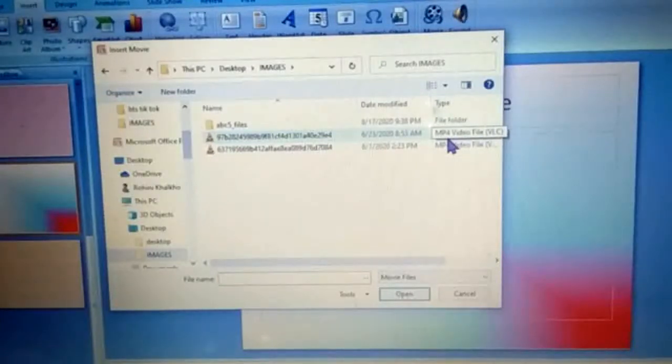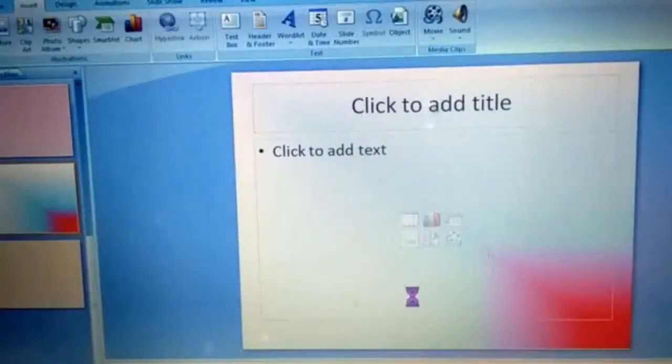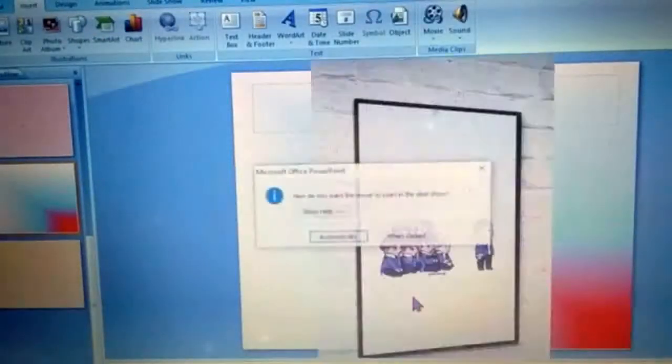Fine, but in audio files it will be written as MP3. So MP3 are audio files and MP4 are video files. So this is the differentiation. You can differentiate between the two. So either of these two I will click. Fine, and after that, okay, again this option will come, children. It will ask you that you want it automatically or when clicked. So again it would be the same thing. So let's go with when clicked.